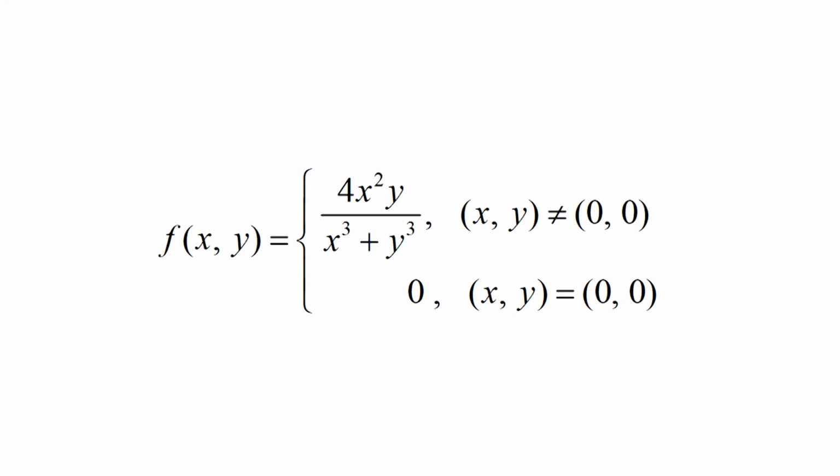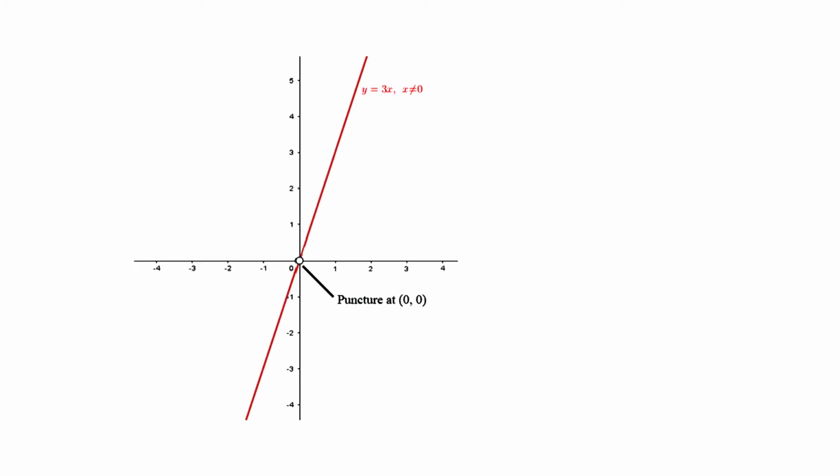At (0, 0), the value of f is defined and is given by the definition f(0, 0) = 0. But we show that the function has no limit as (x, y) approaches (0, 0) using the two-path test for the non-existence of a limit. We first observe that for every value of m, the function f has a constant value on the punctured line y = mx where x is different from 0.